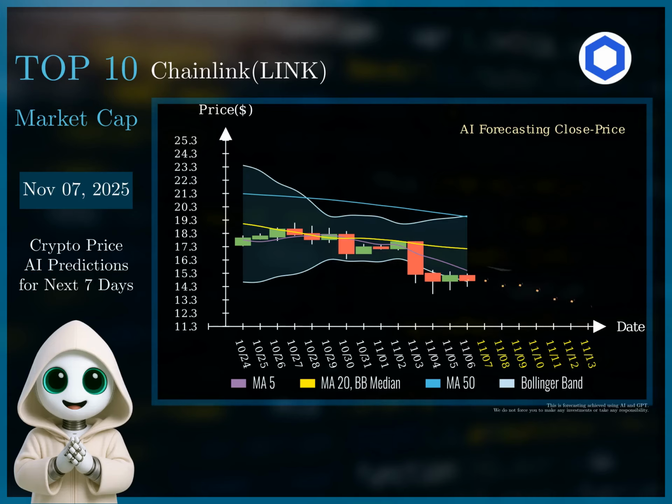To refine the strategy, I will incorporate the RSI and Bollinger Bands signals. When the RSI falls below 35, indicating an oversold condition, we will enter a short position at $14.7. The stop loss will be set at $16.5, just above the upper Bollinger Band. The first target price will be $13.3, aligning with the forecast. If the price retraces to the middle Bollinger Band, around $14, we will consider a second entry point for a short position with a stop loss at $14.5 and a target price at $12.7. This layered approach will help maximize potential profits while mitigating risks in this declining market.